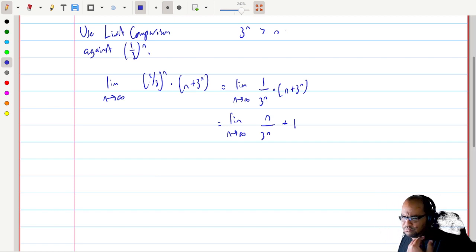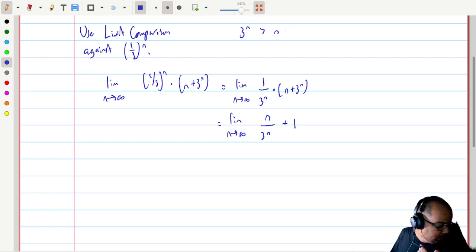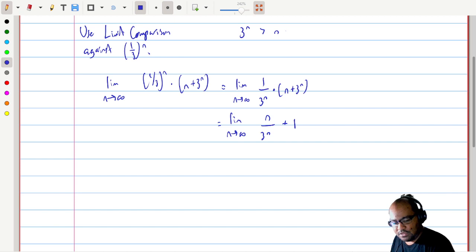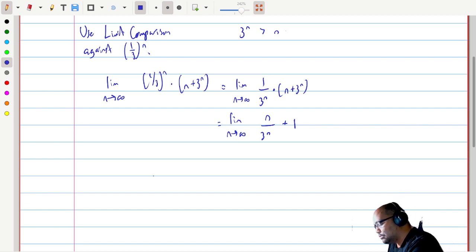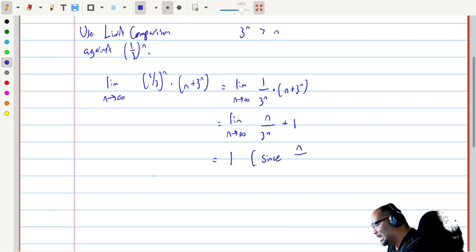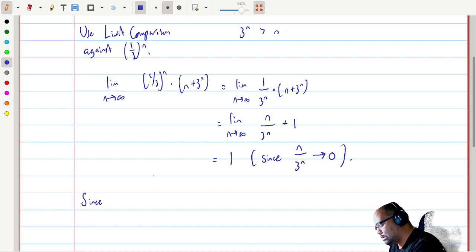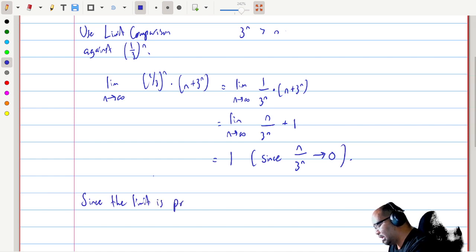And now you just use some manipulations from, just think about the relative growth. Okay. You don't have to show it rigorously, but you can just use your Calc 1 intuition here. Or if you use L'Hopital's rule, but be careful, because the derivative of 3 to the n is 3 to the n times natural log 3. But anyway, what we'll get here is that this limit is 1, since n over 3 to the n goes to 0. Since the limit is 1, is positive,